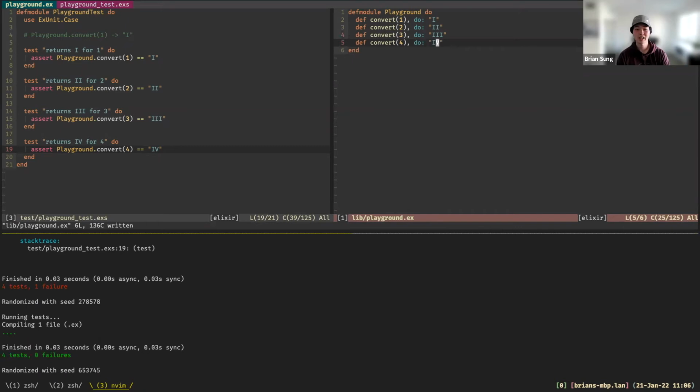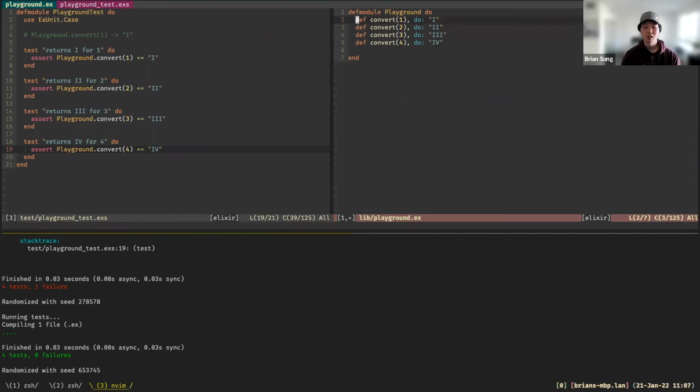All right, so that explains pattern matching just a little bit, at least in terms of functions, but we can go a little bit deeper with pattern matching, and I'll also introduce something called guards, just explaining what I do before I do it. So let's refactor this, right? Let's make it more flexible, because otherwise we can just keep pattern matching whatever Arabic numbers I want to test and then just return the associated Roman numeral.